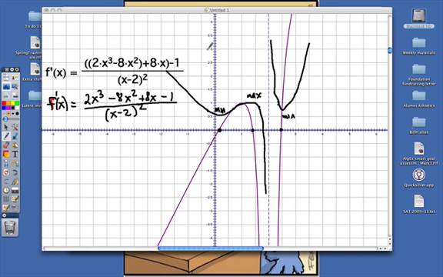Okay, now the next problem we have is we got to find the inflection points. Okay, that's actually going to be pretty easy. Inflection points happen when the derivative has a max or a min. Okay? So in other words, inflection points happen when the derivative